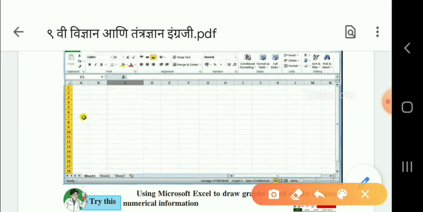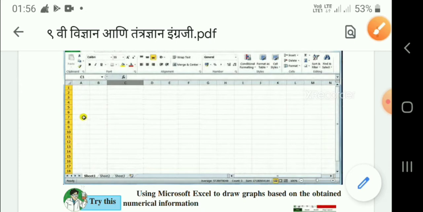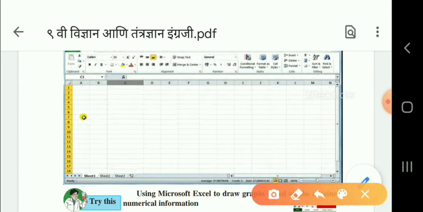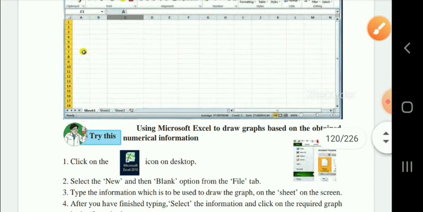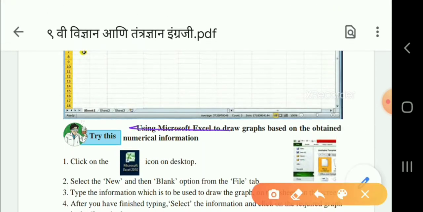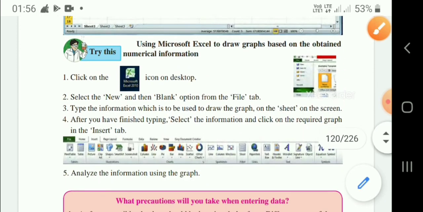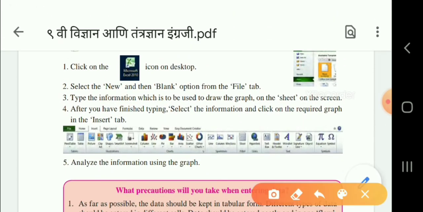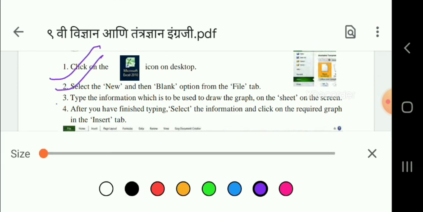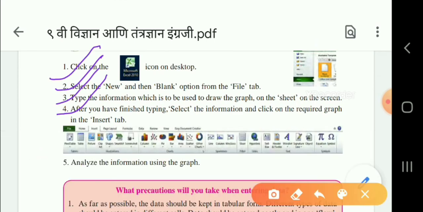Now here is using Microsoft PowerPoint to create a presentation. First we have studied this table, you can see here, children. Now this is the second one, points that we have to learn.